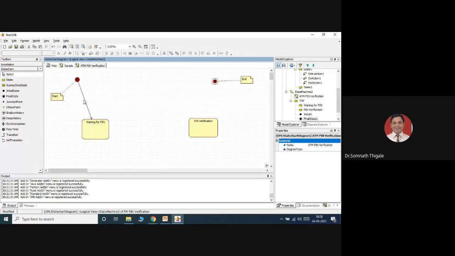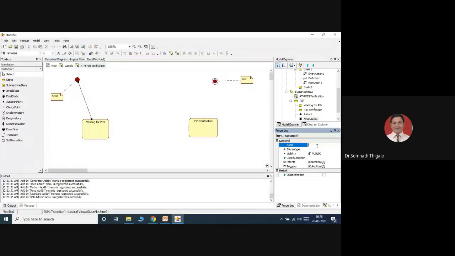This is the first event, and the event name I will give simply as swipe ATM card. Swipe, or maybe depending on the bank, we can say insert ATM card.